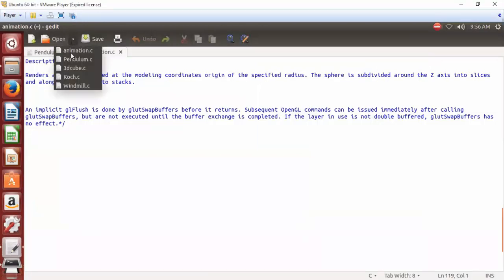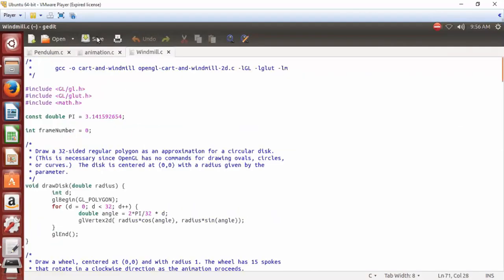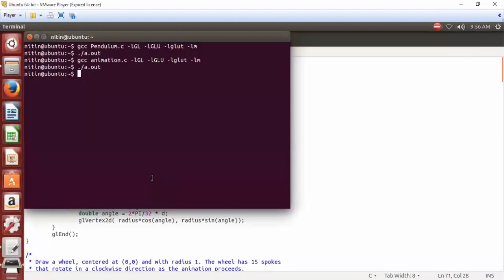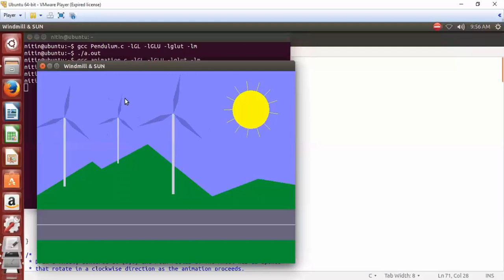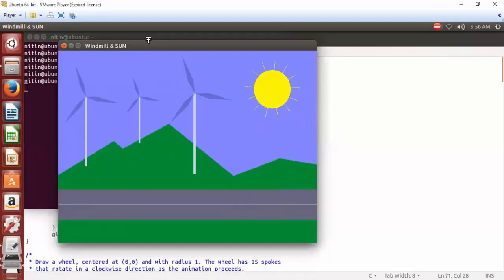And the third assignment we are having is the windmill. So let's see the output of this. And this is the output we are having for the third animation assignment.